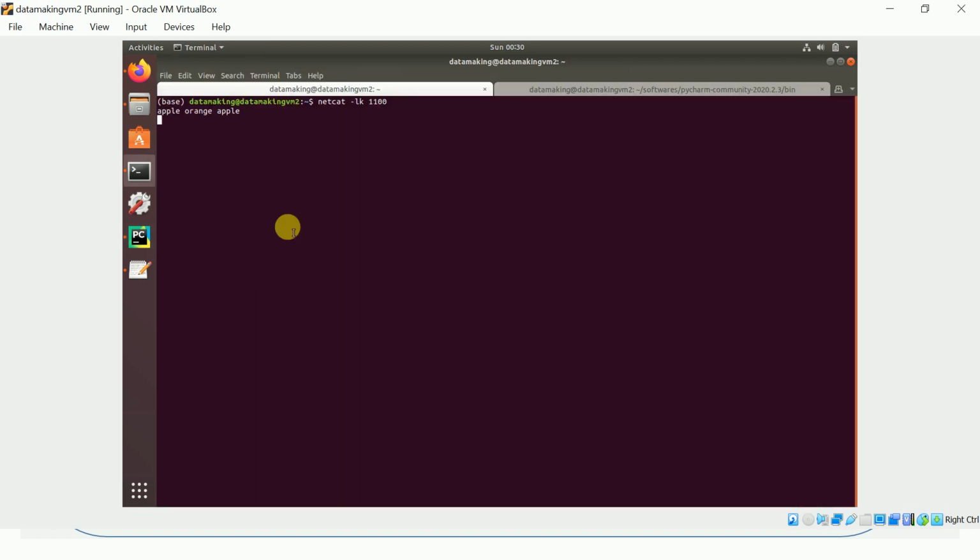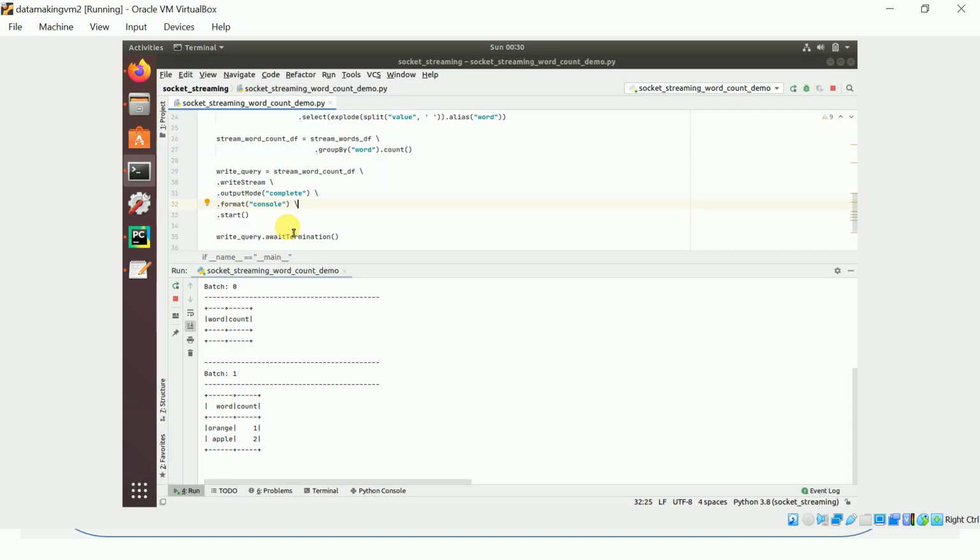So let me pass another message, which is mango and apple. Now see what is happening. So in batch number 2, we are using the complete output mode. Now it has to do the aggregate on the entire unbounded table.